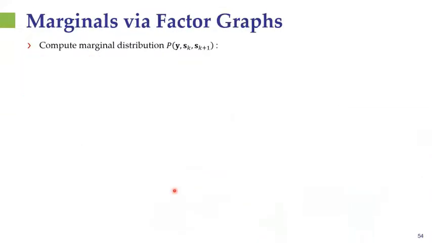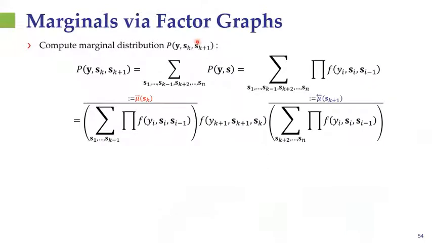So in order to do that, let's understand how this graphical model can facilitate the computation of marginal distributions. Let us look at the marginal joint distribution of the channel output and two consecutive states. Now we know that this joint distribution, using the law of total probability, can be obtained by summing over the overall joint distribution. Now let us write this overall joint distribution using its factorization, where these are the function nodes